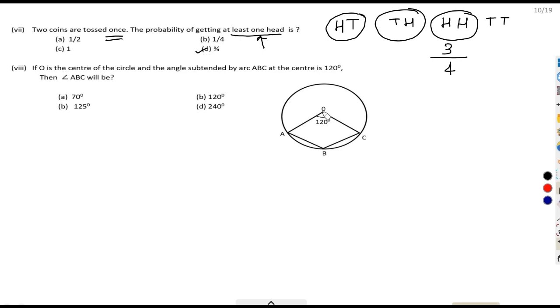O is the center of the circle and the angle subtended by arc ABC at the center is 120 degrees, and we have to find angle ABC. There are two methods to solve this question. First method,